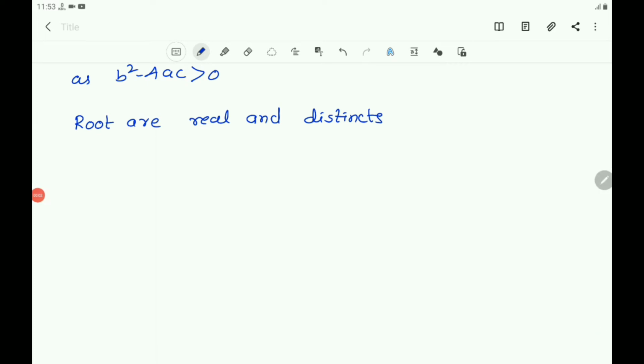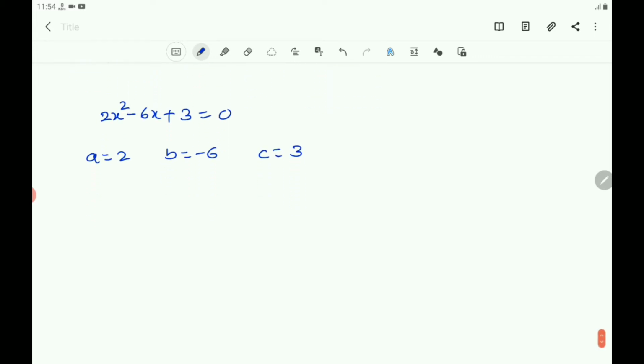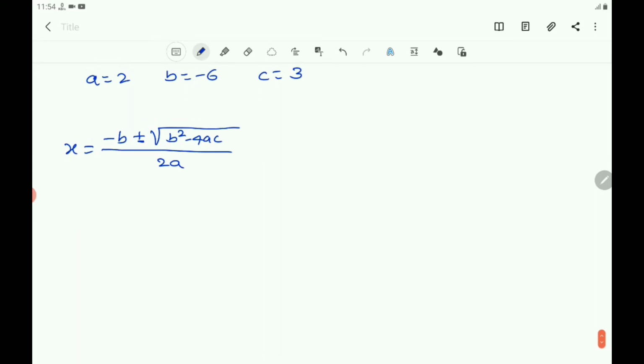Write the given quadratic equation once again here. That is 2x square minus 6x plus 3 equals 0, and a equals 2, b equals minus 6, c equals 3. Then write the quadratic formula to find the roots. That is x equals minus b plus or minus square root of b square minus 4ac by 2a. Then x equals